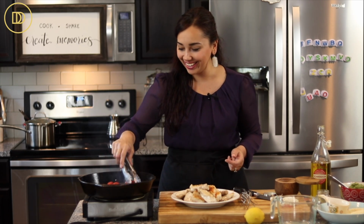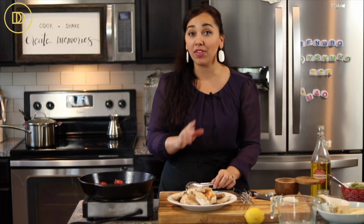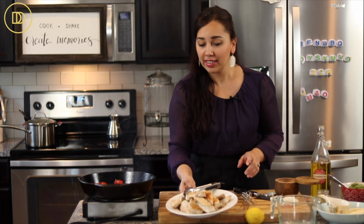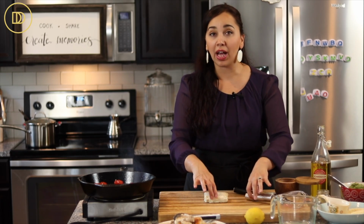Try not to taste it. Sometimes you get the kids coming in the kitchen trying to taste what you're cooking. You definitely don't want to have anyone taste undercooked chicken. They can get sick. So while the tomatoes are cooking, I'm just going to roughly chop a block of halloumi